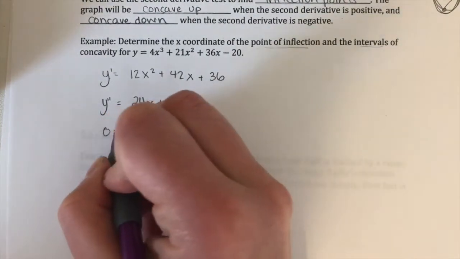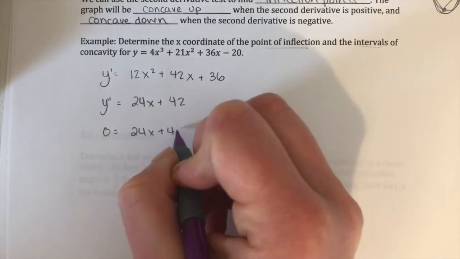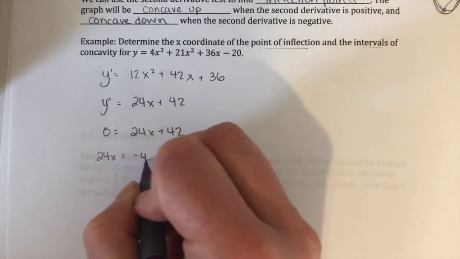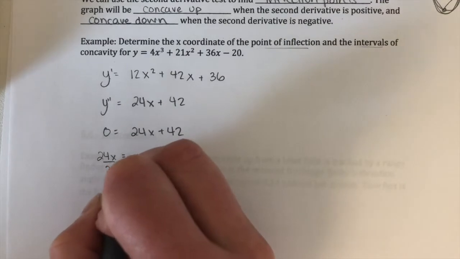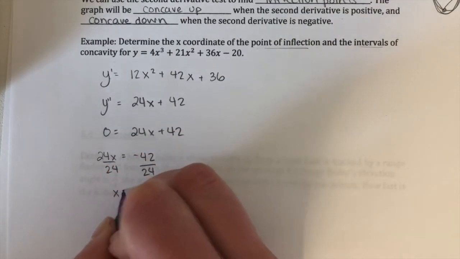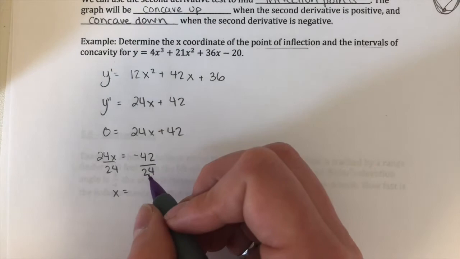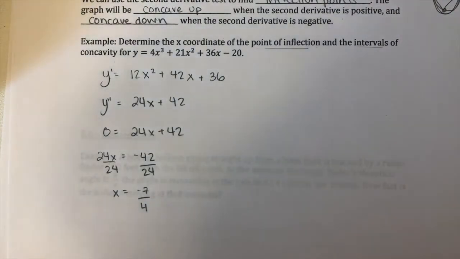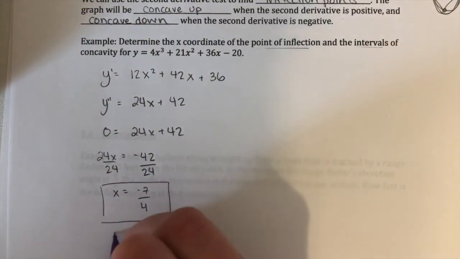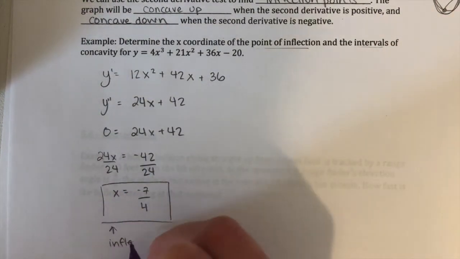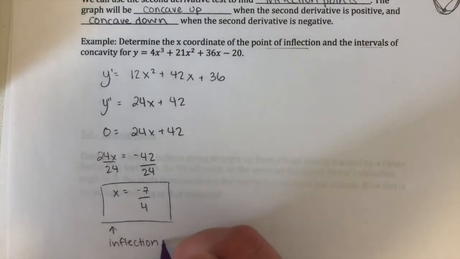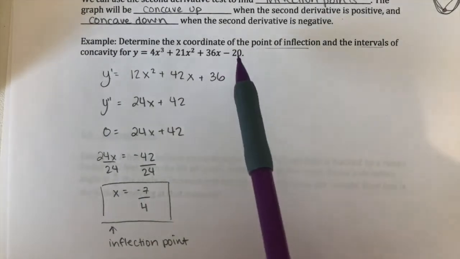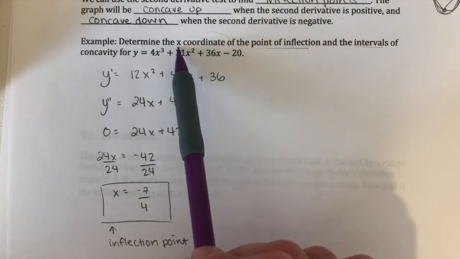So we set this thing equal to 0. We solve for x, so 24x, one of them is going to become negative. Divide both sides by 24. And then this is going to reduce to negative 7 over 4. They both divide by 6. Okay, so there is our inflection point. Now it doesn't actually ask for the y coordinate in this question, just says determine the x coordinate,